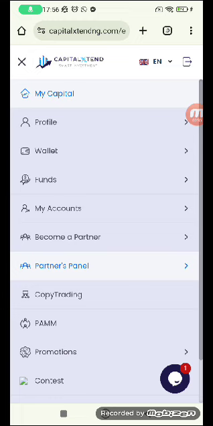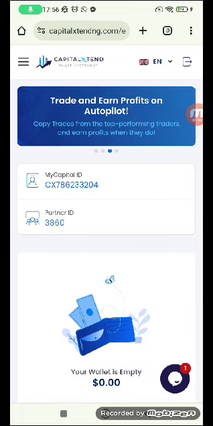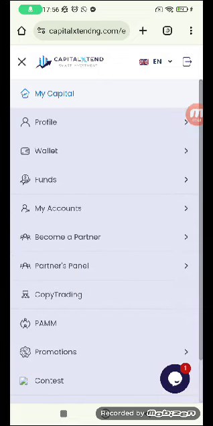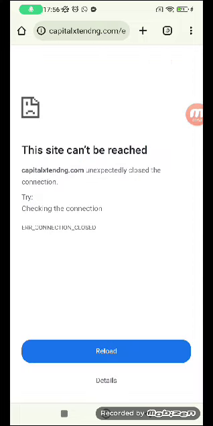You just click on the menu. That's these three lines here. That's for menu. Then you click on fund. Then you click on deposit fund. So you can actually do withdrawal or you can do instant internal transfer from one wallet to another wallet. Okay, good. Now when you click on deposit fund,